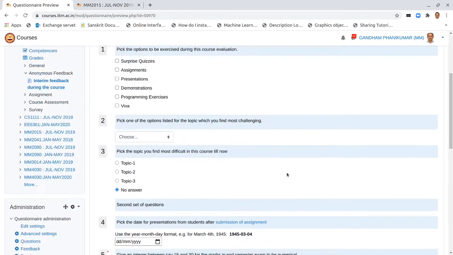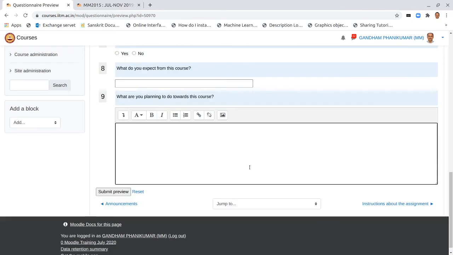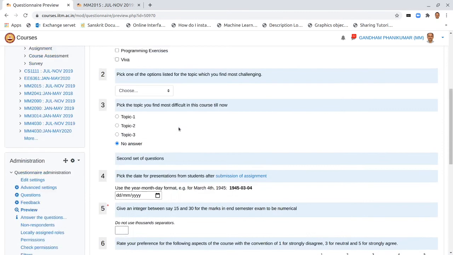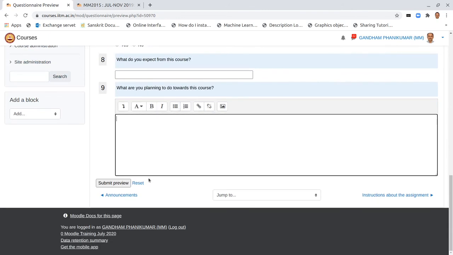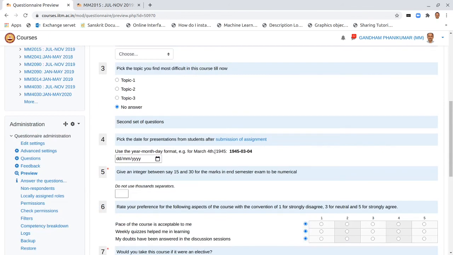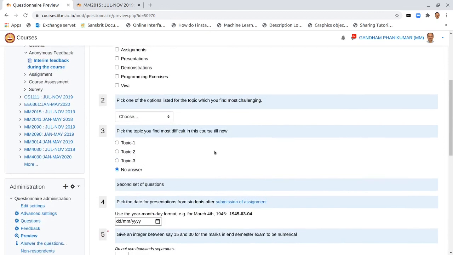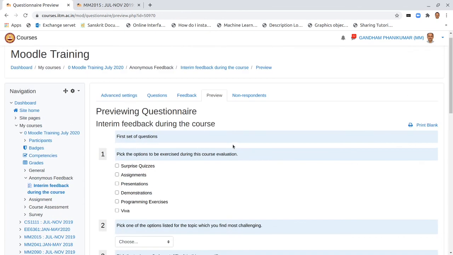So look at the preview, and it looks like this. You know, they can type a lot. They can type with the bulleted items. I want to do this, I want to do that. And it's a good idea to ask both these things: what do you expect from this course and what are you planning to do about this course? Both are important. And now you can see that we have got a survey that is set up, so the students can take it up and submit, and you will get the responses in a collated manner and in a summary sheet. Now that appearance is something that I can illustrate from one of the other surveys I have taken.